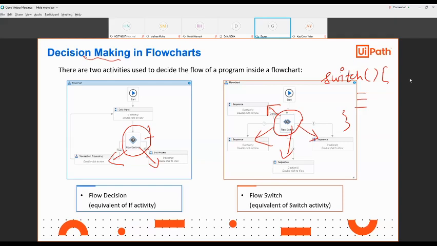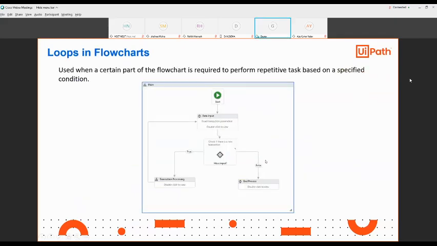So if you have to make this kind of condition, then you can use this flow decision. And in terms of Excel, where there are so many entries, you can use flow decision and flow switch very easily. Similarly, you can also make a loop. In the same case, data input, decision, true, false. If true, again rotate it. You can make a loop. I'm going slightly fast because this will be a complete set.